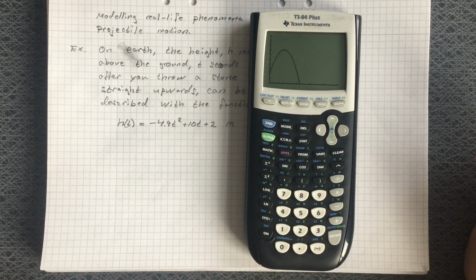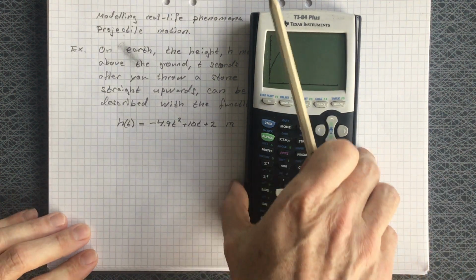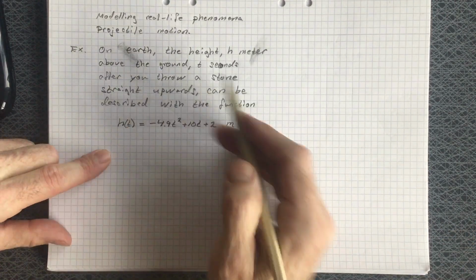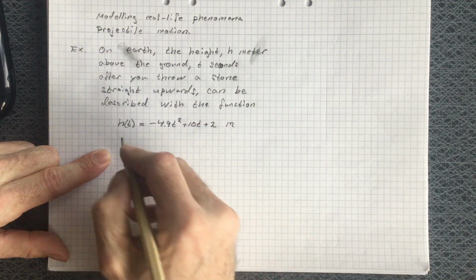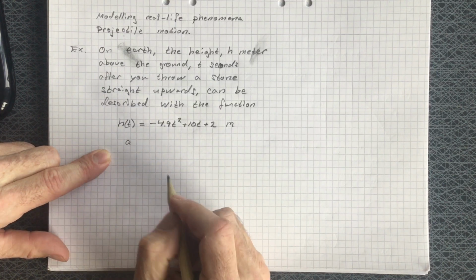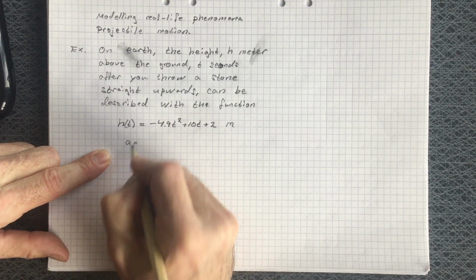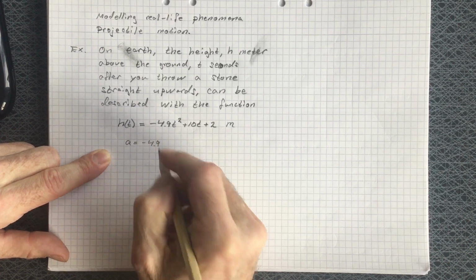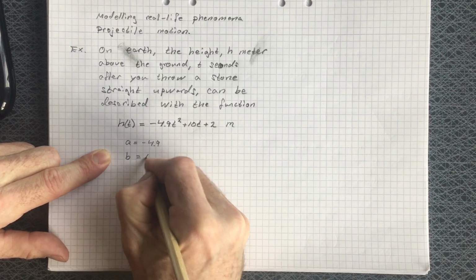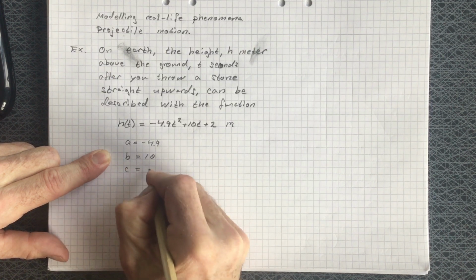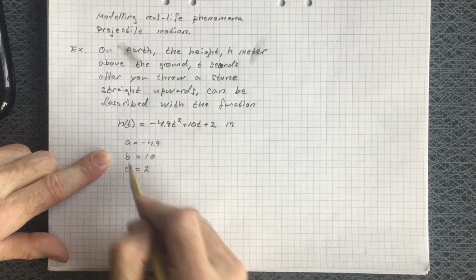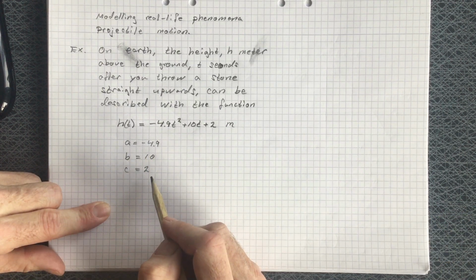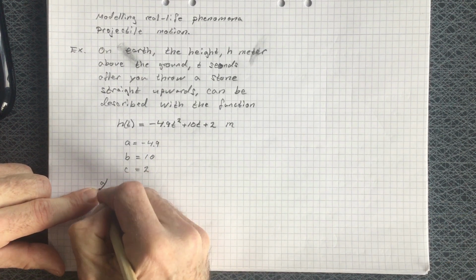Okay, so let's investigate this now. And we can start by some facts that we know about this. We have the constants A, B, and C. A is negative 4.9, and B is 10, and C is 2. It's good information to remember that we have. Now, the first question is,